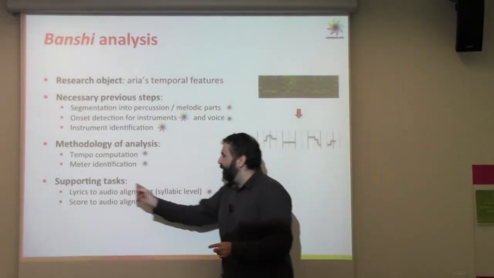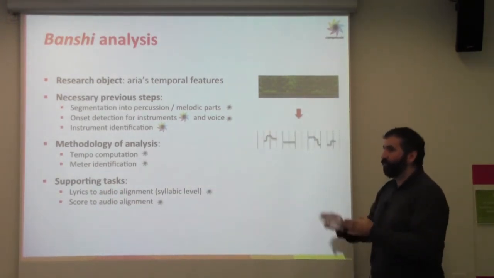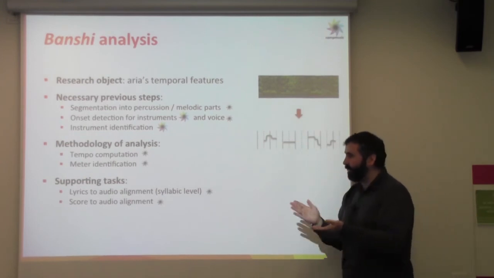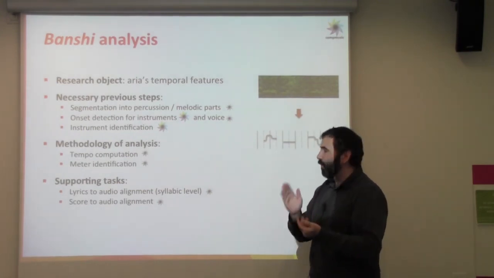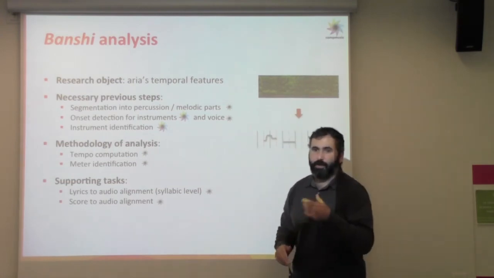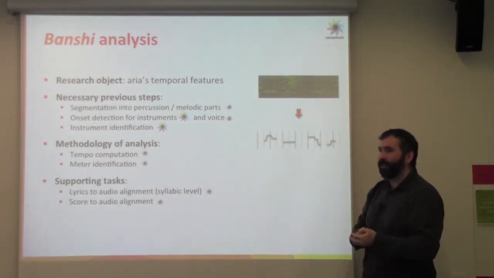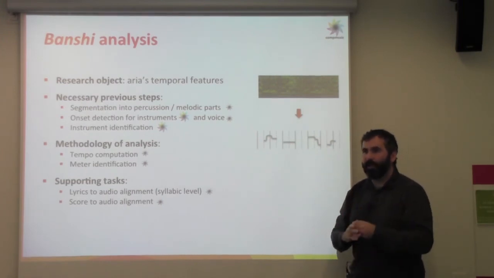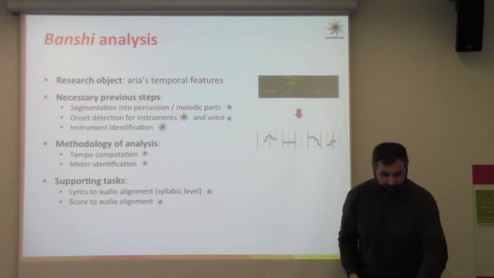We also can benefit from the lyrics to audio alignment, in the sense that if we have the lyrics aligned to the audio, we can more easily compute the onsets of the syllables. And then from the score to audio alignment, because with that we also have the measures, and we can very easily identify the notes of each line. With that we can compute better the onsets, and for the instrumental part. So that's about the analysis of